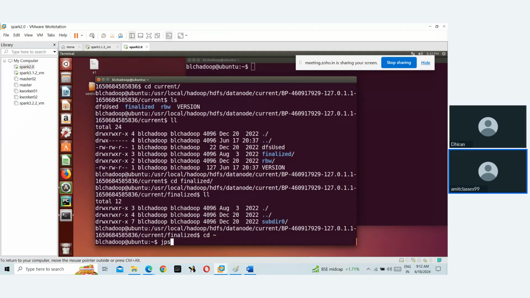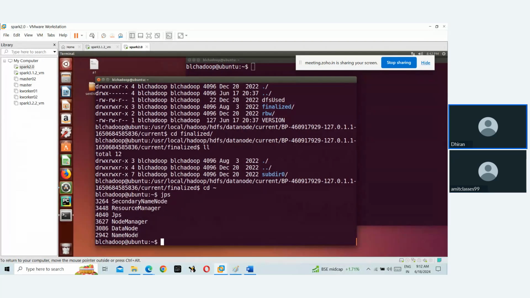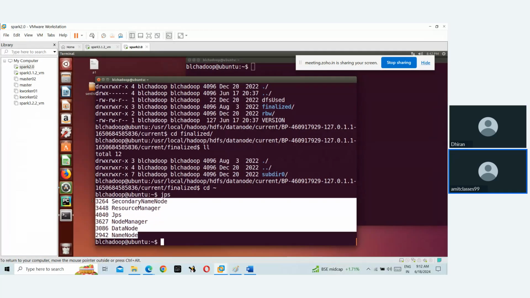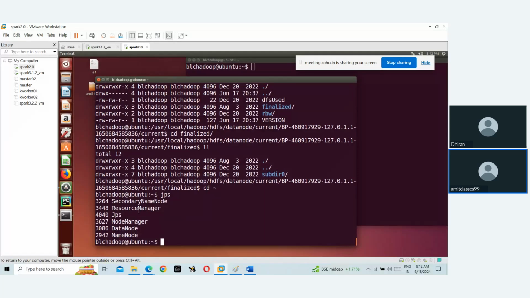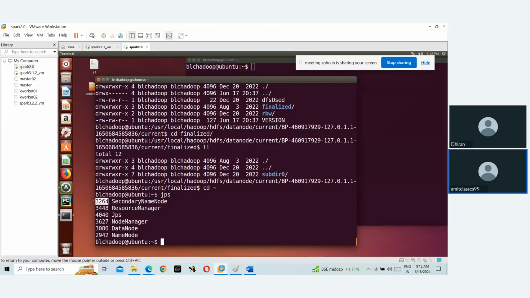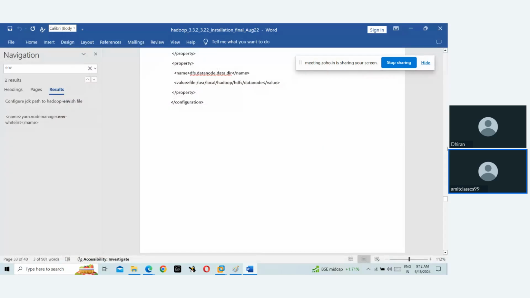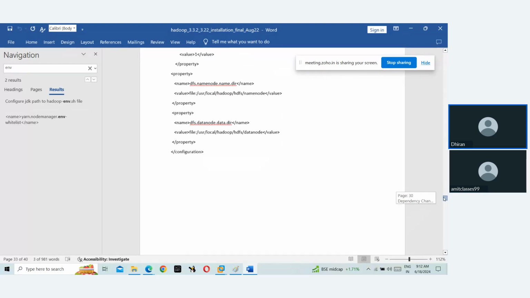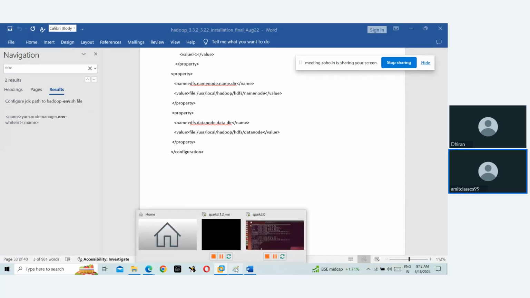And this is the Java command, which shows the services running right now on the Linux machine, not only Hadoop. Suppose I'm running Oracle, MySQL, or some other servers, whichever is running right now, we can see, along with the port numbers on which they are running. So this is all about the Hadoop path configuration. You can do it. If you have any problem, let me know, we can discuss. Next, I'm coming to